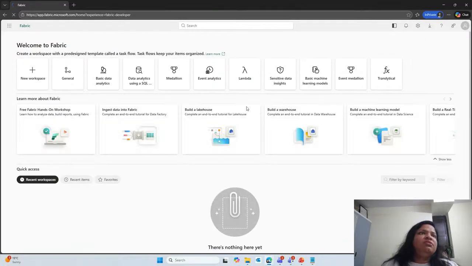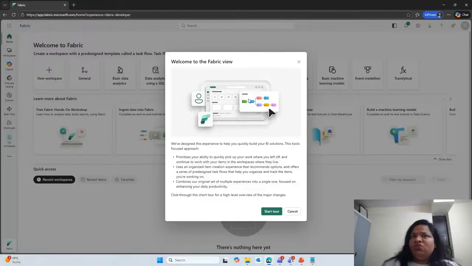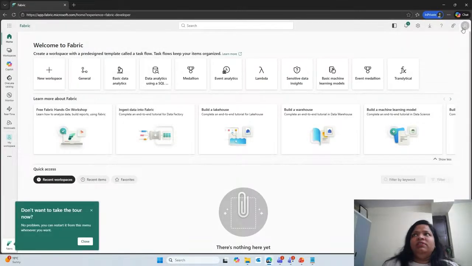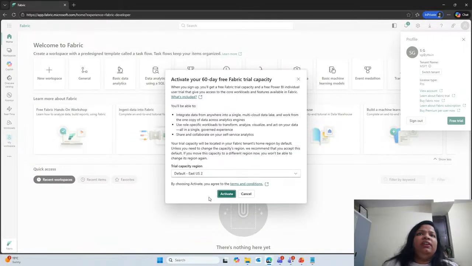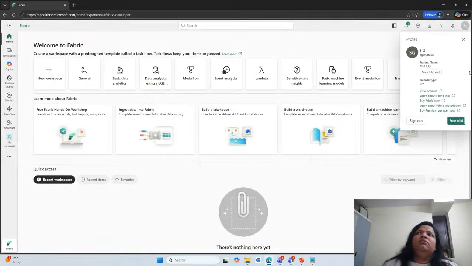I've just logged in with the credentials where I have the license option enabled, and I'm activating my trial license for Fabric.